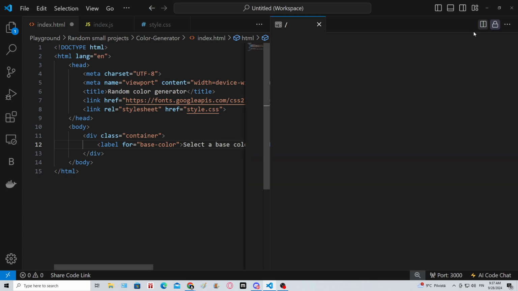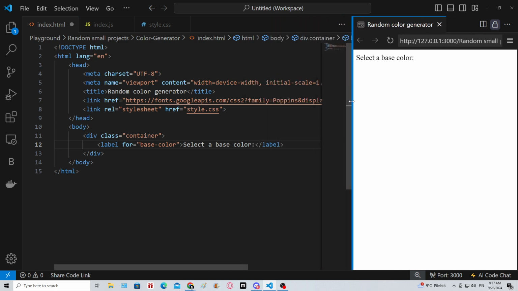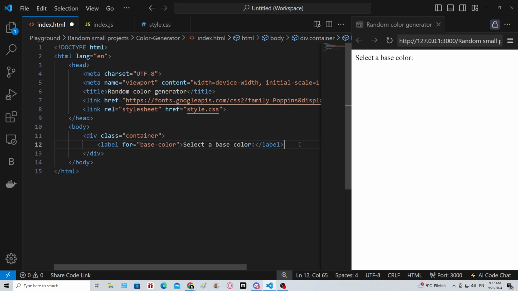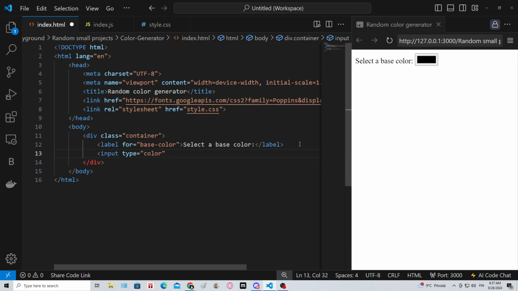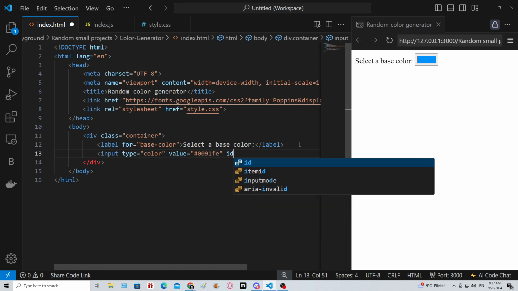So let's see what we got. Alright. And then I'm gonna be creating an input box. Input type color. The value is gonna be at start 0091FE. So it's kind of a bluish color. And the ID is gonna be